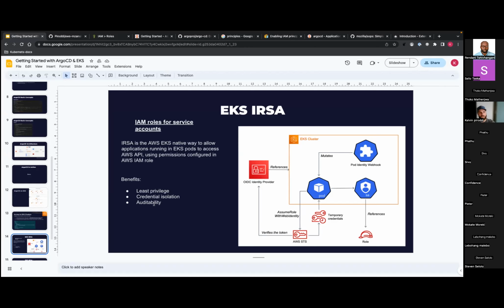The reason IRSA is so useful is that it gives you least privilege, because you can assign a specific IAM role to a specific pod. In the olden days, you would have a variety of ways, but you would let the application assume the role of the node, the EC2, and then you would have to let your EC2 have many permissions in its role, because maybe you had an application that needed to talk to S3, one that needed to talk to EKS, and one that needed to talk to RDS. The EC2 would need all those permissions, but now you can have different roles for different applications, so it's least privilege. You can isolate your credentials, and it's auditable. Every time my pod uses its credentials to access AWS, this gets logged on CloudTrail, and we can see all the information about what's going on there.